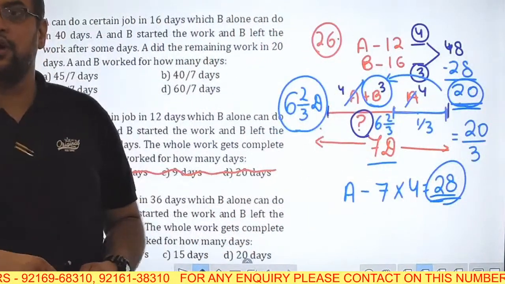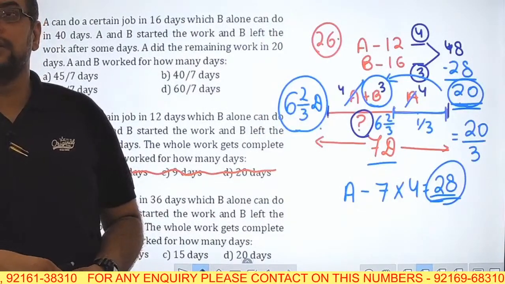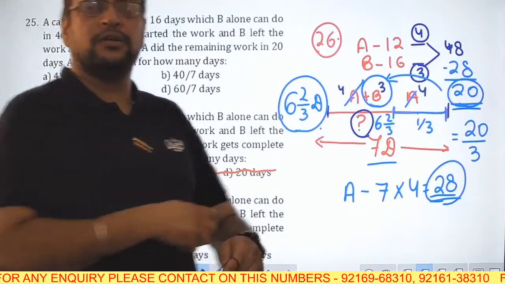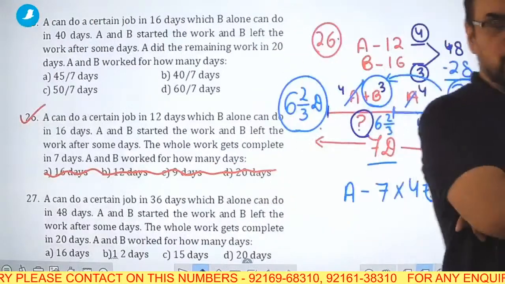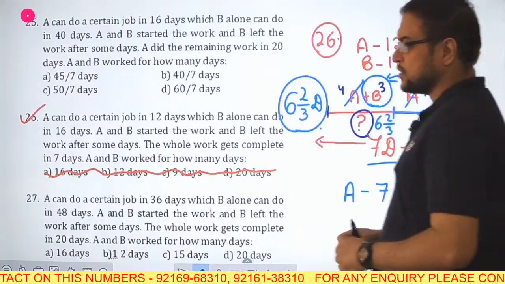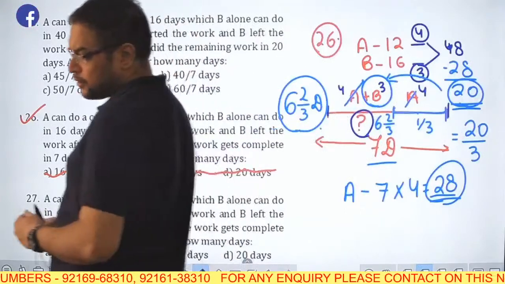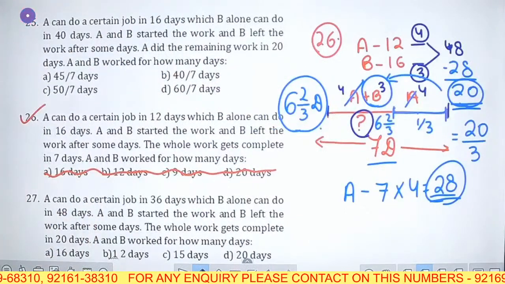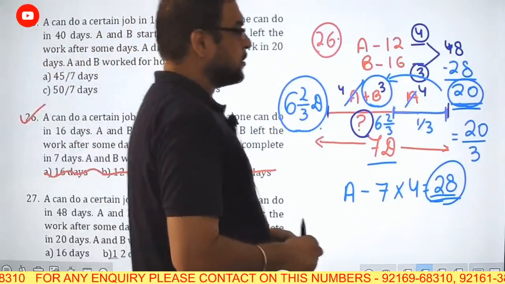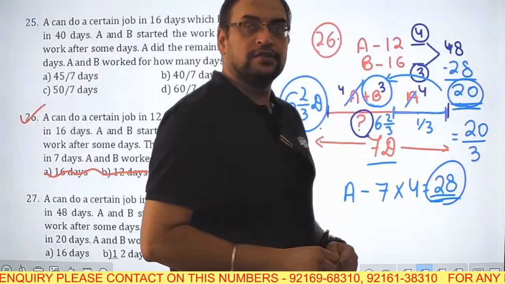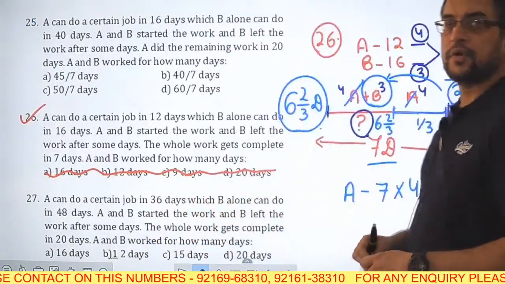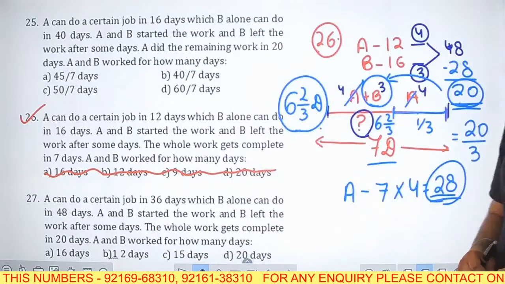I hope this is clear. 2 by 3 is the right answer. Correct. Very good. Purna's right answer. I hope this is clear to all of you. First tell me, did you understand this question or not, bache? Then only we will be able to go to the next one. First tell me if this is clear or not. This is clear. We move on to the next question. Yes, clear? Okay, Madhu says clear.